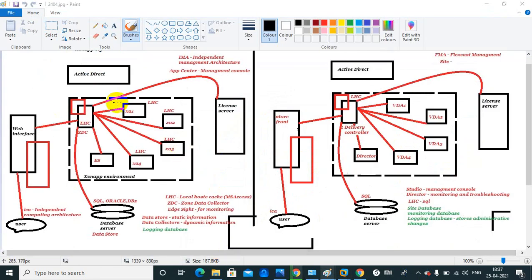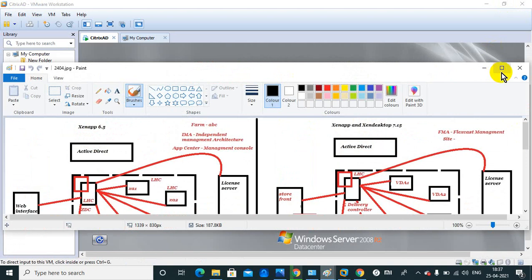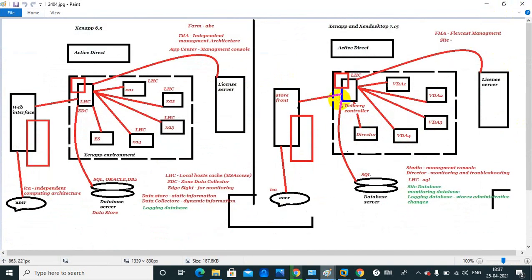So here we are creating machines manually one by one. In ZDC I have to install the ISO file of XenApp 6.5. And in the first machine, and the second machine also, I need to install it manually, and after that join this machine to the first machine's farm.